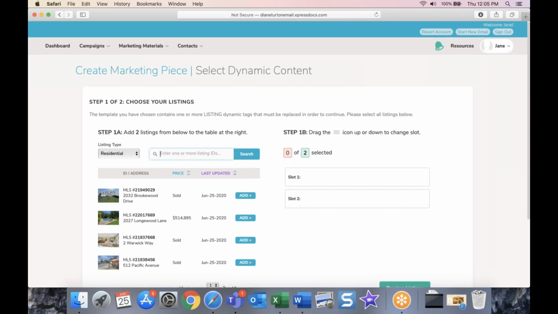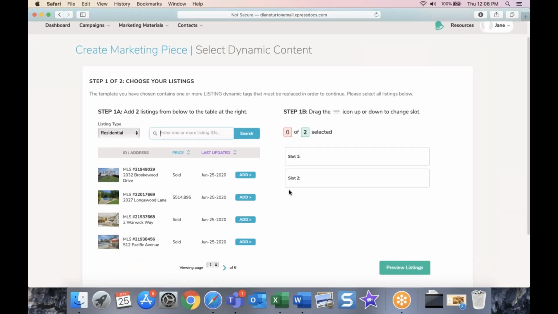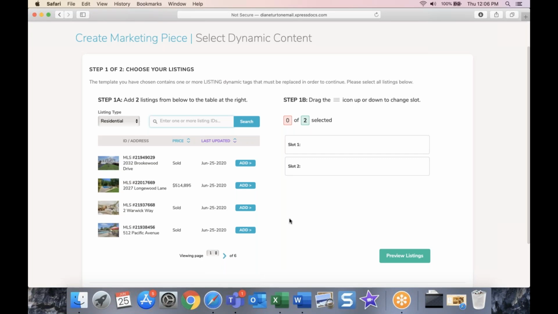Again, because this template did have those listing tags inside of it, we have to actually choose our listings before we can go in and edit the template itself. Now, there's a couple steps that you want to go through. First, you just want to choose your listings. So I can go ahead and filter my listing type by residential, land, whichever one I'm looking for. Let's say I'm not seeing my listing, but I have that listing ID maybe written in my notebook next to me. I can very easily type in that ID, click search, and find that listing